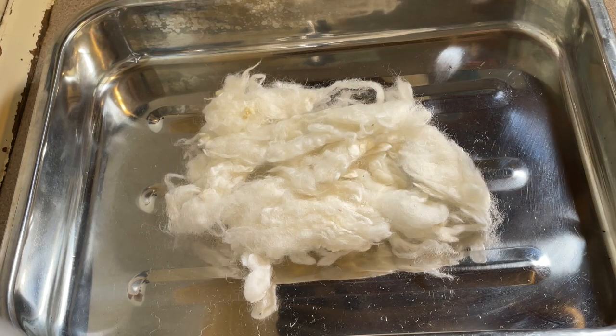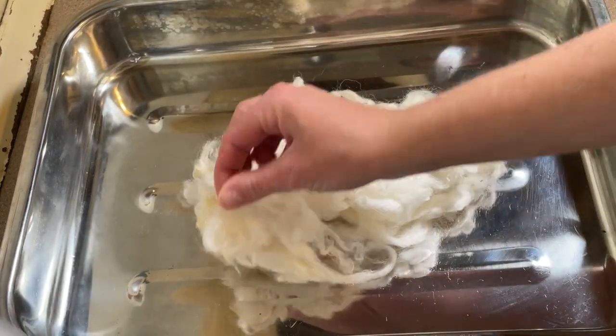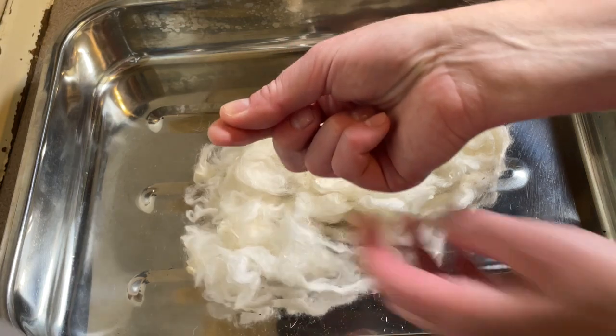In today's episode of Dye Time I'm going to be dyeing this fleece. Now it has been washed and some of the vegetable matter has been picked out. There's still little bits in here like that,